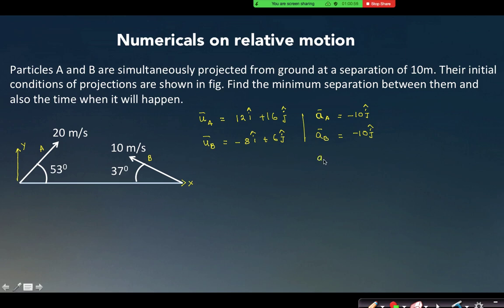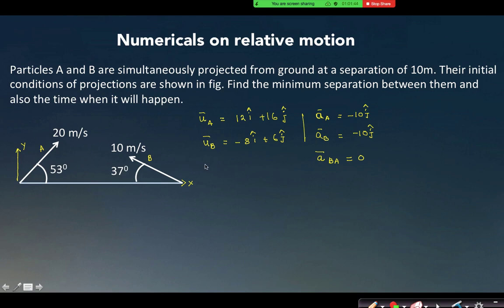The acceleration of B with respect to A, which one have I taken at rest? I have taken A to be at rest, right? And I am observing the motion of B with respect to A. So the acceleration of B with respect to A is 0. If acceleration is 0, can you tell me what type of motion B will perform with respect to A? What type of motion will you see? A linear one-dimensional motion with constant velocity. As acceleration is 0, the velocity will also remain constant. Yes or no?